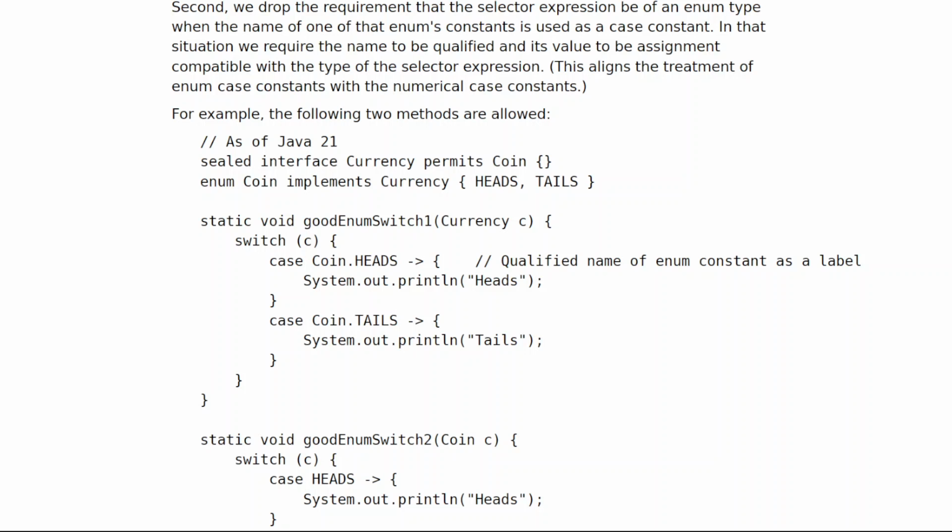// as of Java 21. sealed interface Currency permits Coin; enum Coin implements Currency { HEADS, TAILS }. static void goodEnumSwitch1(Currency c) { switch (c) { case Coin.HEADS -> // qualified name of enum constant as a label System.out.println("heads"); case Coin.TAILS -> System.out.println("tails");